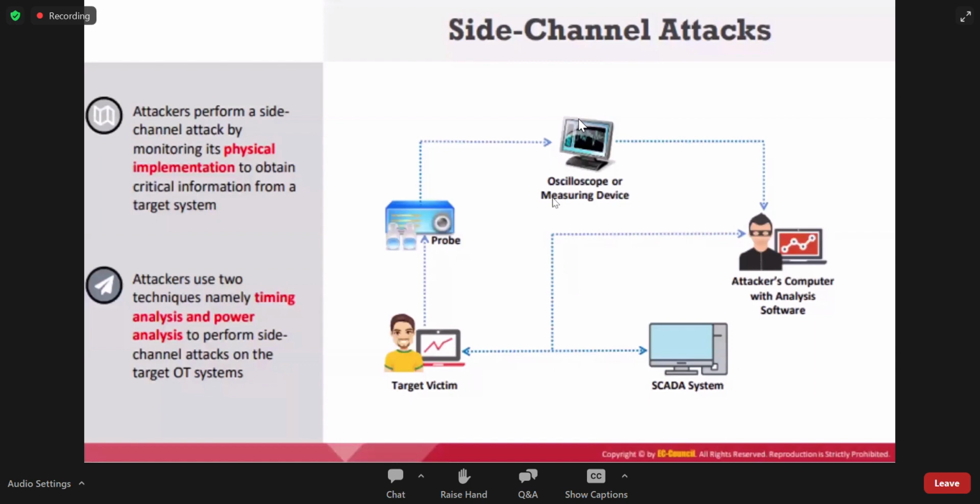So using this monitor, he or she can easily get the information out of the system. By analyzing those oscillations, we can predict, and if he or she can amplify those things, we can easily get a perfect reading.